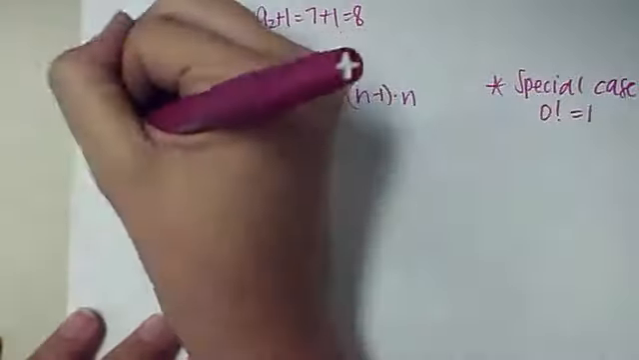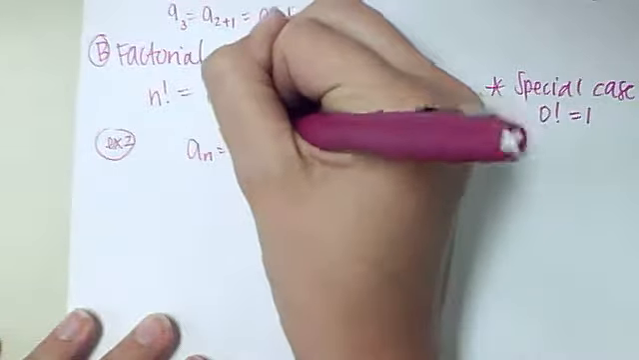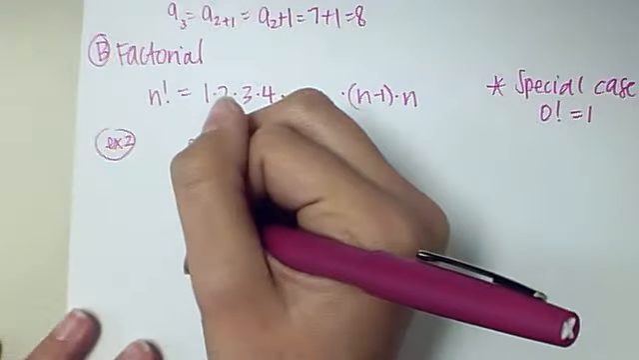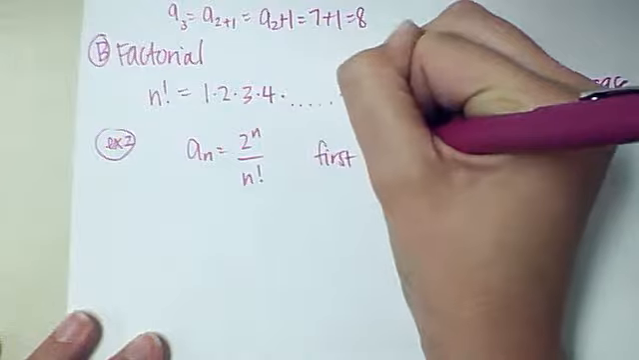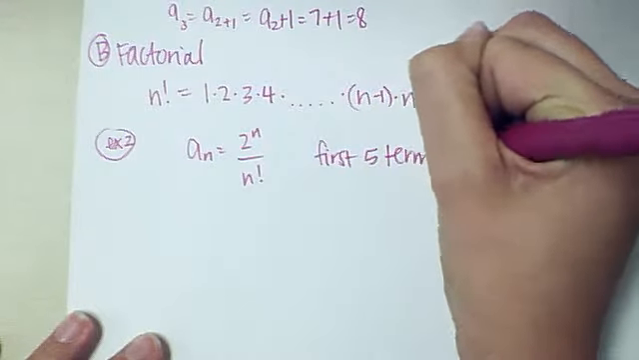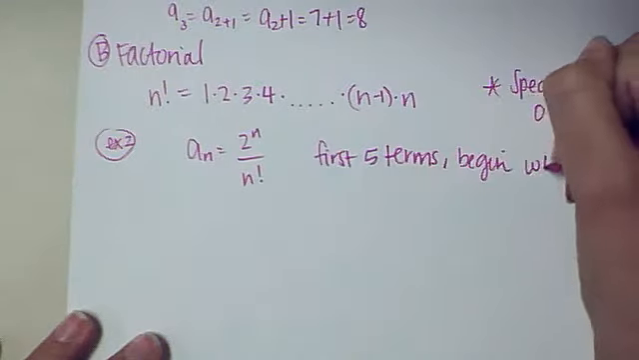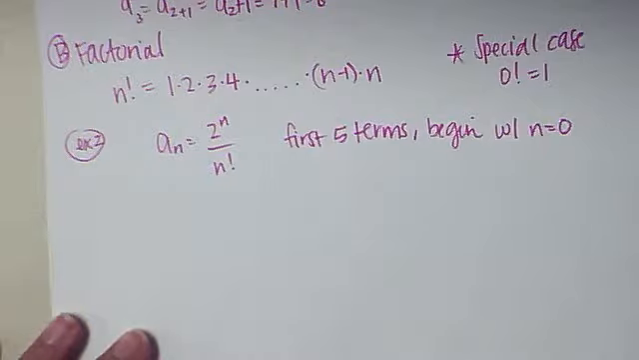Let's go ahead and look at an example. Example number 2 for today. The sequence is 2 to the nth power over n factorial. Okay, we want to find the first 5 terms, beginning with n equals 0. Now, we usually begin with n equals 1, but in this case, we're going to do a 0